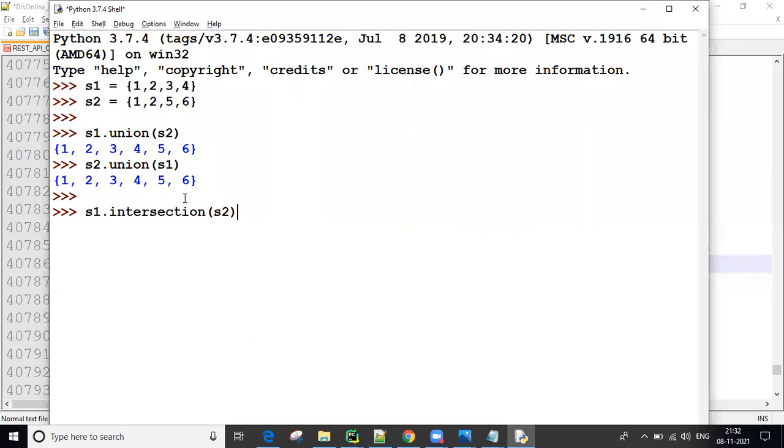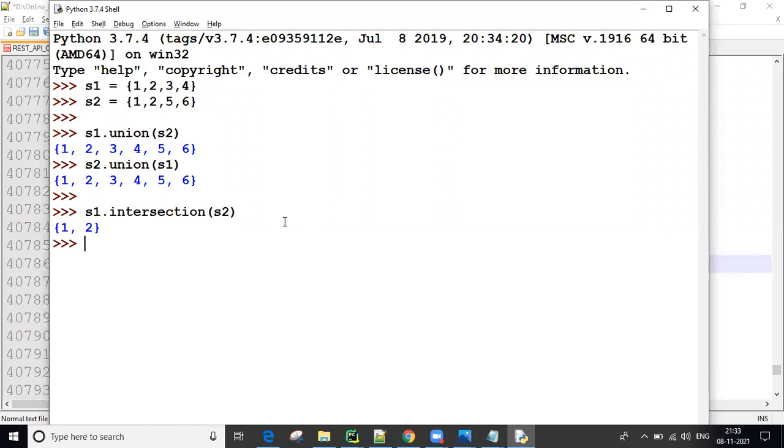Now, can you guess what the intersection result is? The output is the common values.